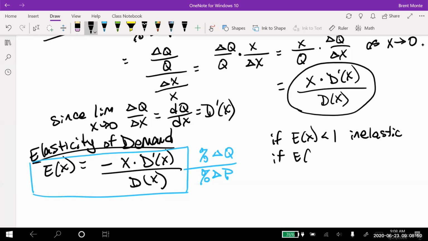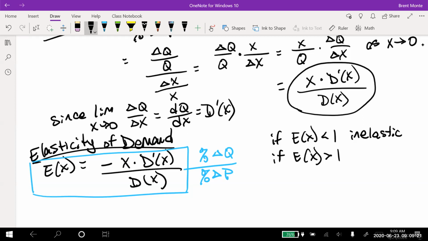If E of X is greater than 1, that means the quantity demanded is going to change a lot more than the price did. So if there are readily available substitutes for some product, say I go to the store and I want to buy a can of beans, and there are 2 different brands, same kind of bean, and one's a little bit cheaper, but I don't really have a preference between the 2 brands,